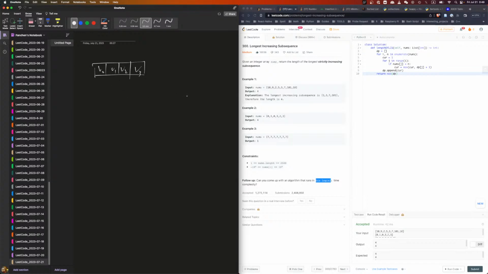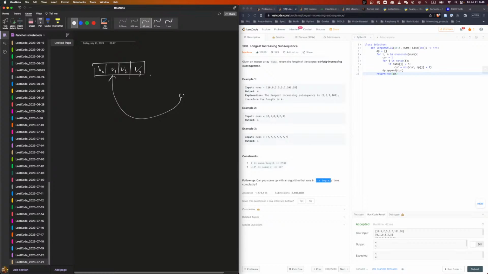Now a new one comes in. If it's smaller, then I'll swap. Yes, the idea is we want to create this longest strictly increasing subsequence.